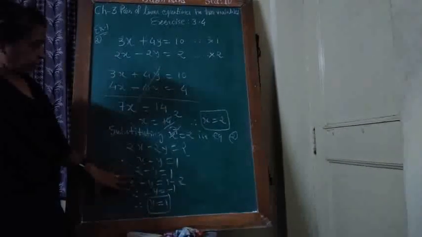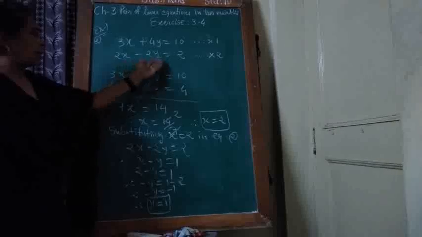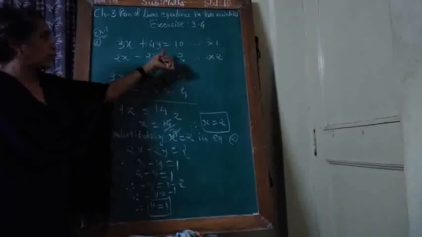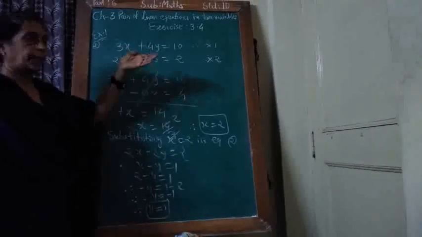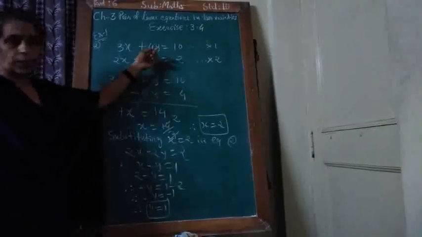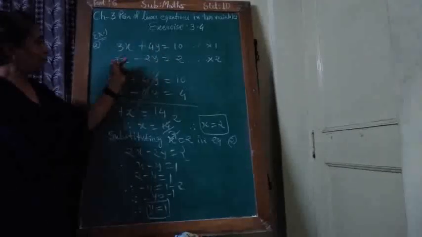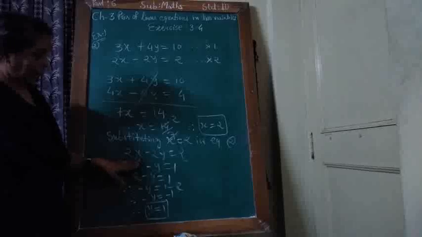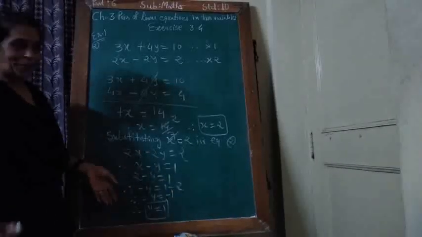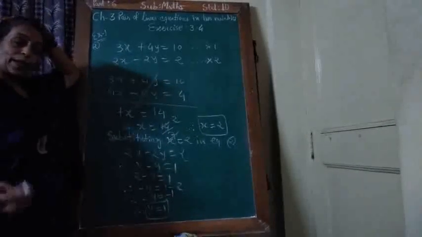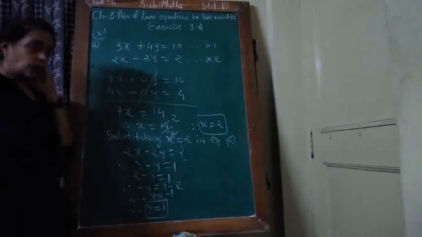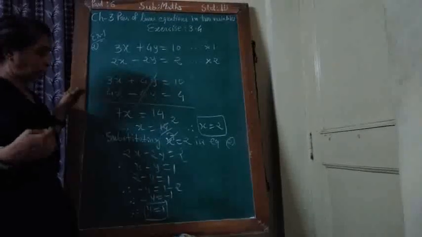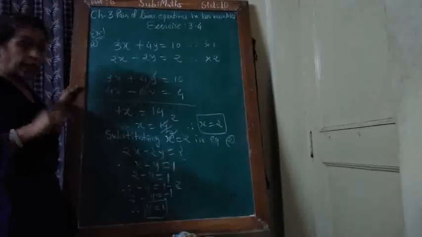See the method. Okay, if someone divides by 2, then you get the second equation x minus y equal to 1, but at that time you have to multiply by 4 because here is 4. So I do not divide by 2 here, I will keep it as it is, but here I divide by 2 so that the equation becomes easy. Okay, so when and where we have to make changes, we have to think at that situation.